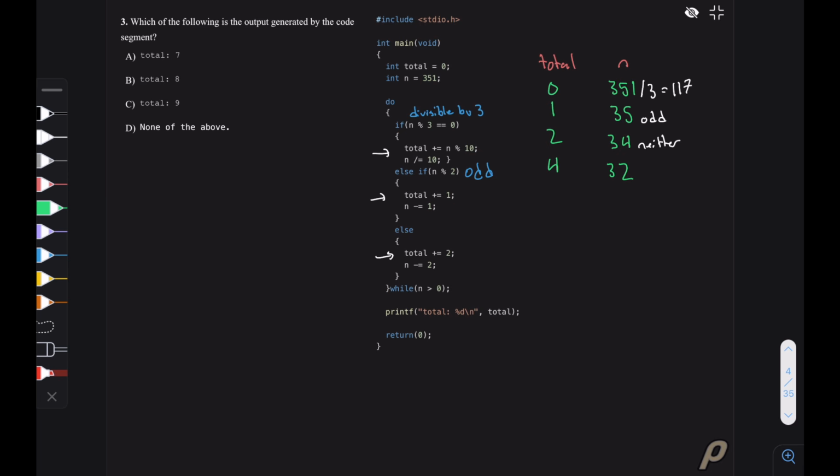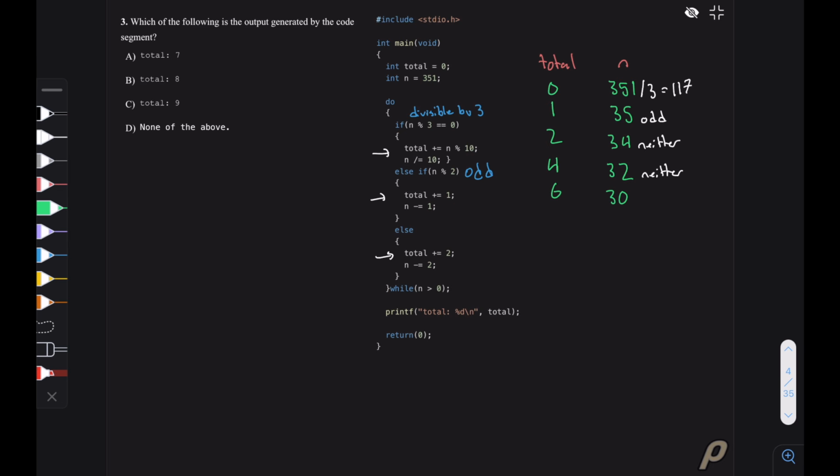So then we do 32 mod 3. That is not divisible by 3, so we're not gonna go into that branch. And then it is also not odd, so again, this is neither. So that means we're gonna increase our total to 6, and then we're gonna decrease n by 2, so we get 30. So now we go back up to the top, we do n mod 3 equal to 0, and